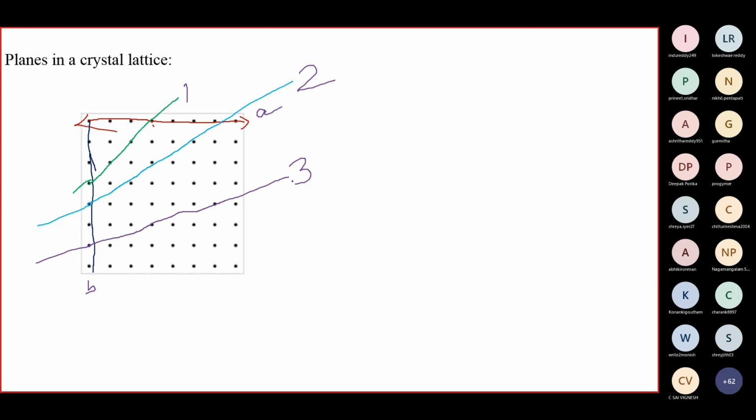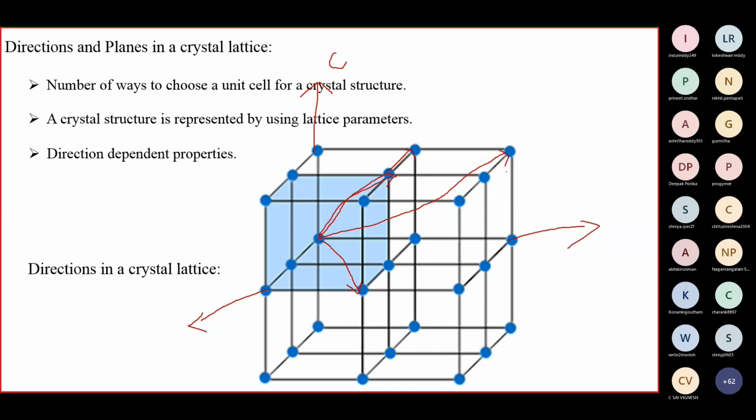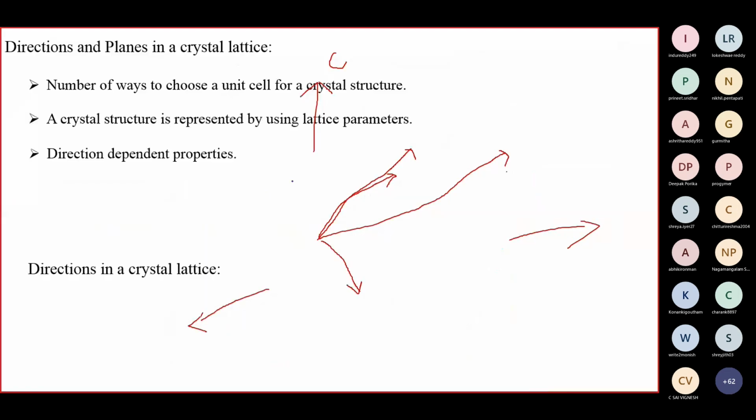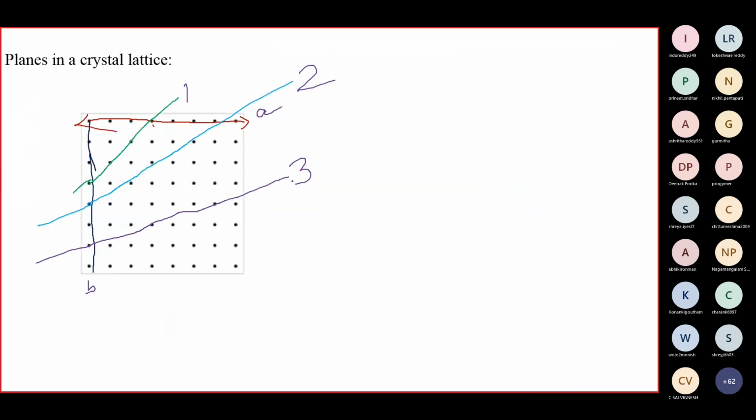Okay. So this we can always define in 3 dimensions also. So now we have different options that we can choose a plane and represent the lattice. Just like we represented the lattice using different unit cells in the previous case. Here only we did. As we could represent a lattice using different unit cells, we can also represent it using different planes.